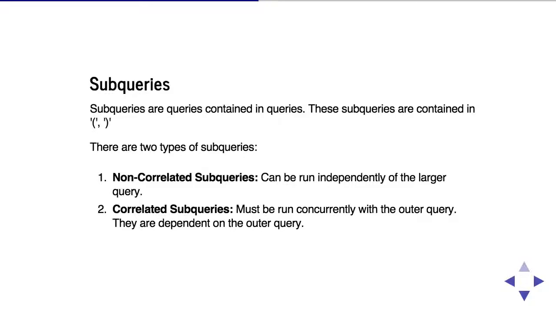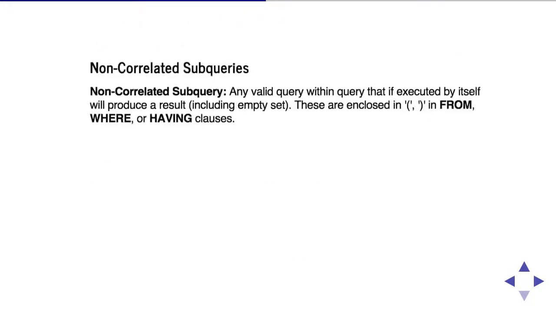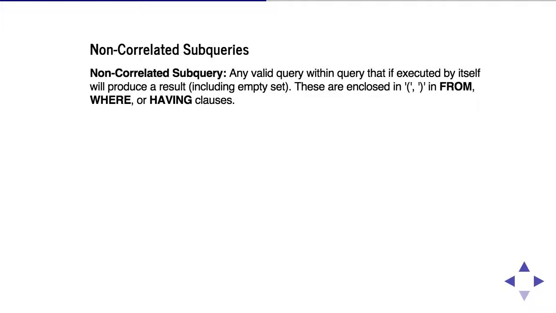You could execute it by itself, and a correlated subquery is run concurrently with the outer query, so it can't be run by itself. A non-correlated subquery is any valid query within a query that could be within the from, where, or having clauses, and it has to be encapsulated within round